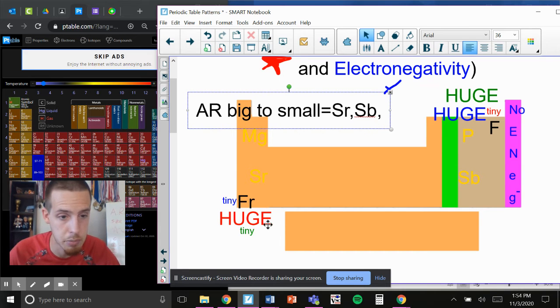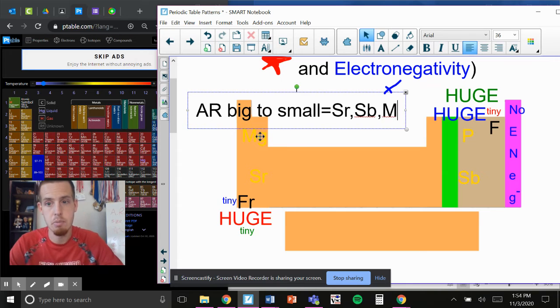Antimony is the second biggest. I know that just because, again, strontium is closer to francium. That's the pattern. Again, 5 shells beats 3. And that pattern works again. Magnesium